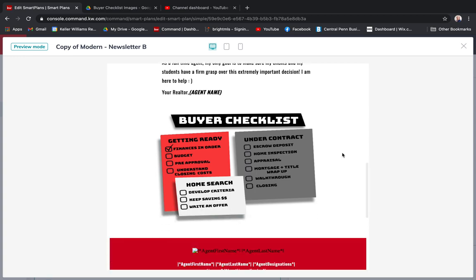All their documents are in order. Money's in the bank account, right? We don't want them to count money that's hidden underneath the mattress. We're getting that in the bank account so they can count it as assets. And then you can see here at the bottom, I've provided a buyer checklist that you will see scattered throughout this